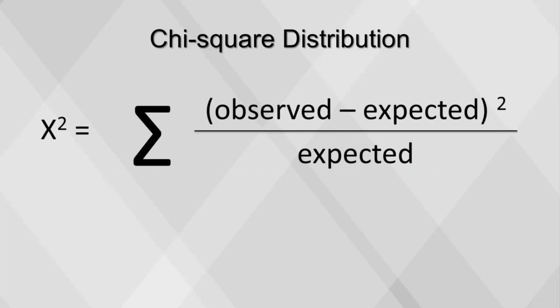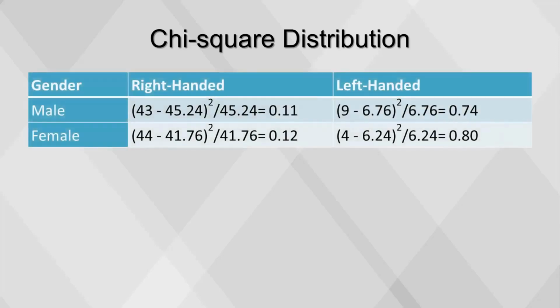If there is an association between two variables, completing the calculation for the chi-square test statistic can be used to find which values contribute the most to the association. This can be calculated using this formula. For each cell, subtract the expected value from the observed and square the result. Then divide the answer by the expected value. Each of these results is summed, indicated by the Greek letter sigma. This value is compared to the chi-square distribution.